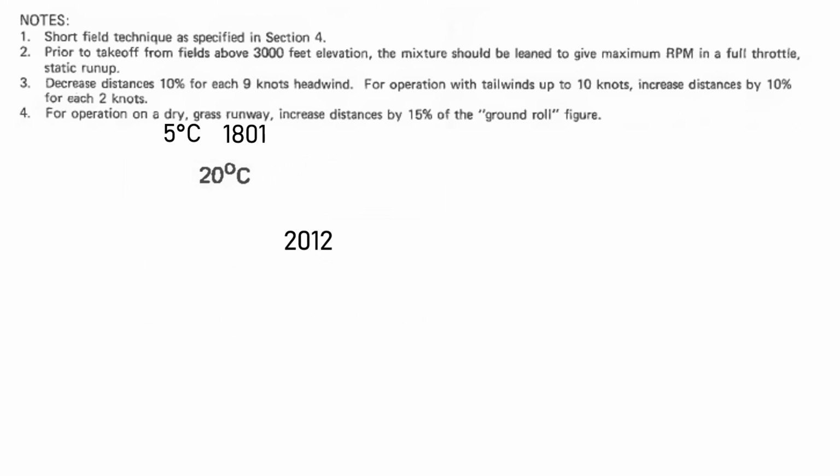So compare the two results. A 15-degree increase in temperature takes us from a required distance of 1801 to 2012. This could very well be the difference between a go and no-go decision on a runway like this. Make sure you're calculating well and adding in a buffer factor,